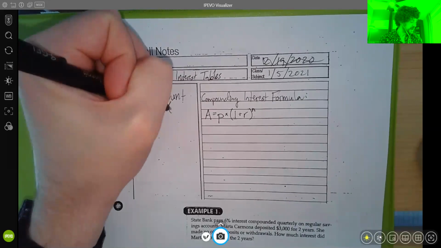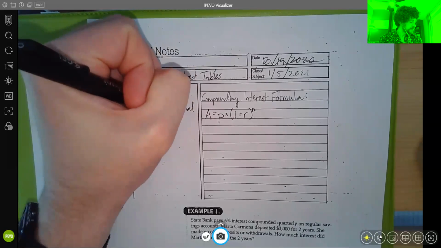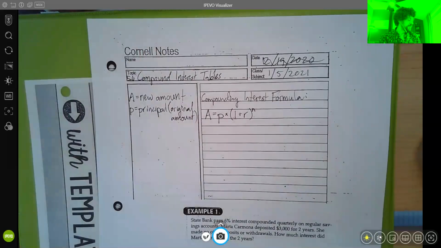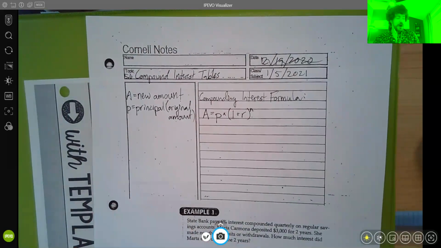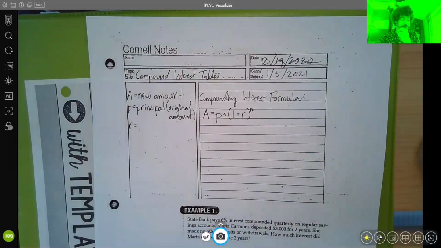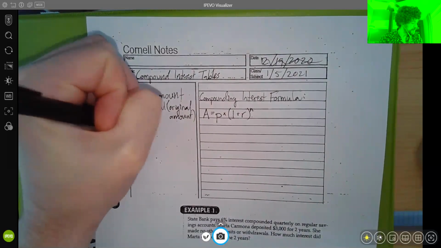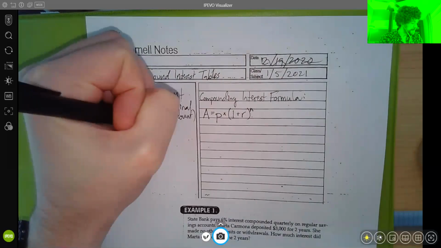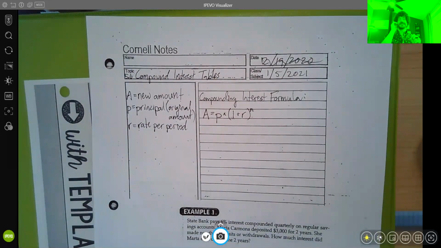Or if you want, original amount. The principal or the original amount. Now R, it does have to do with the rate, like I said, but it's the rate per period. So it's not just the total rate. So R,